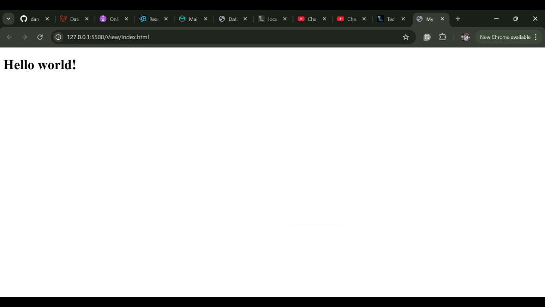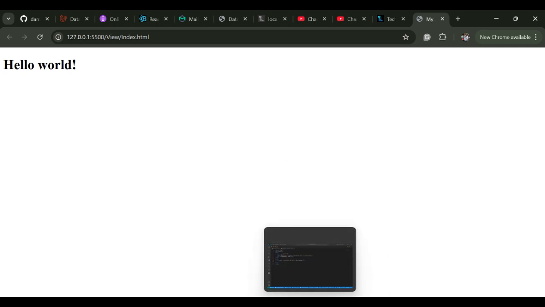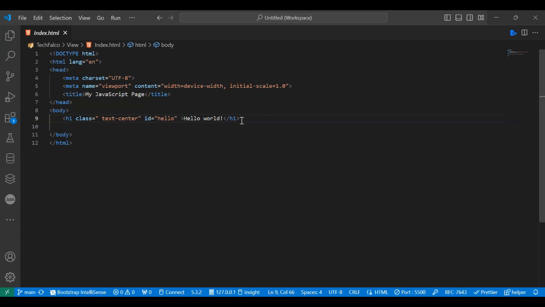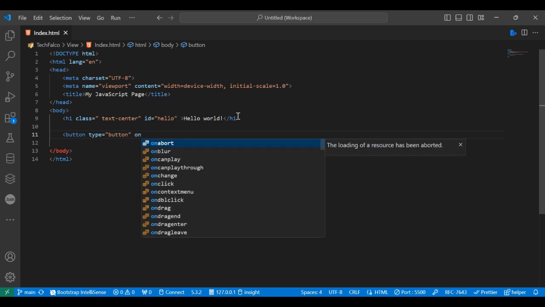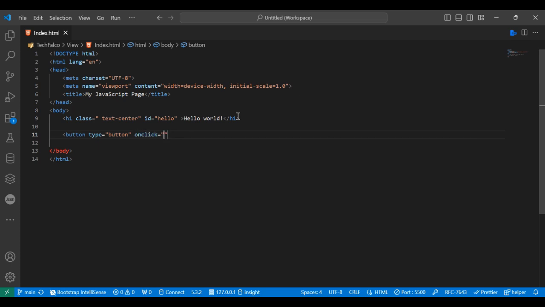So let's go back to our text editor. There are various methods we can use, but we start from the beginning. The first thing we're going to do here is create a button tag. Give it a type, and the type should be button. Then we're going to give it an onClick function, and inside this onClick function is where we're going to perform our JavaScript. So here we're going to call